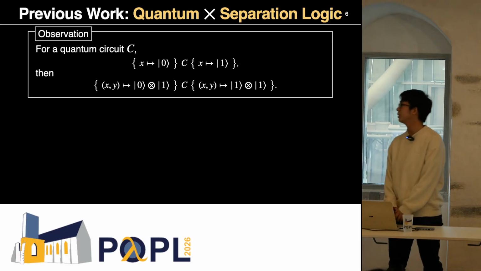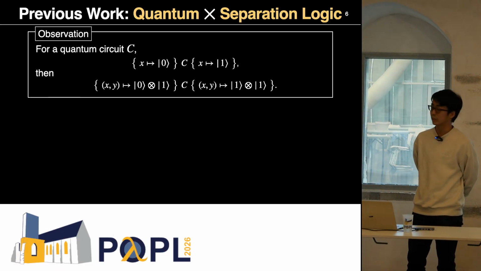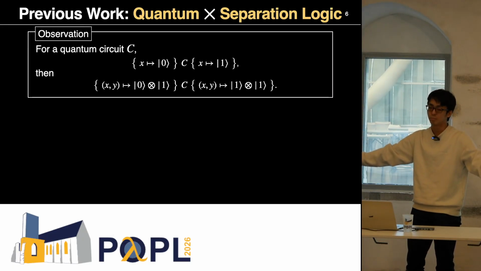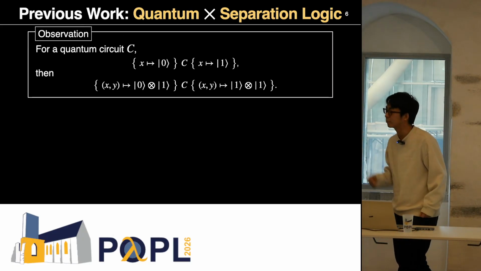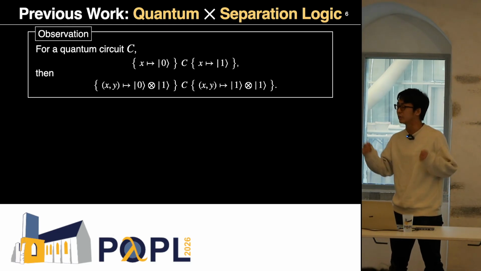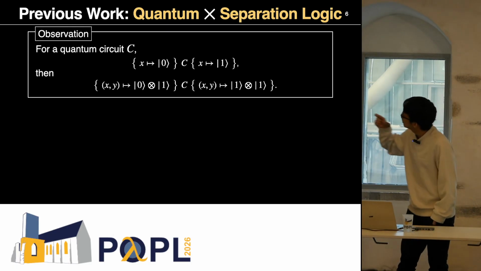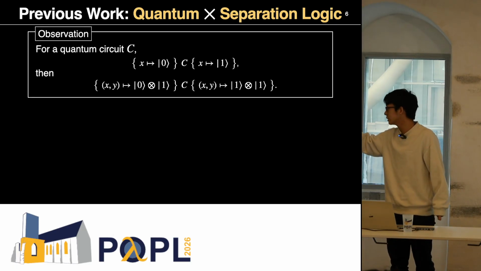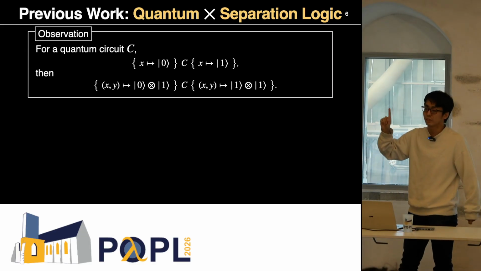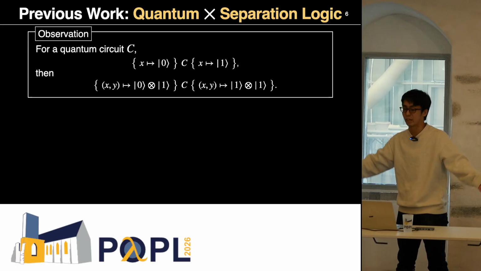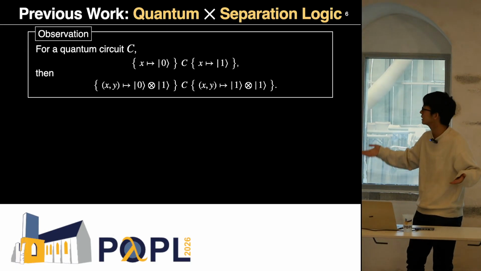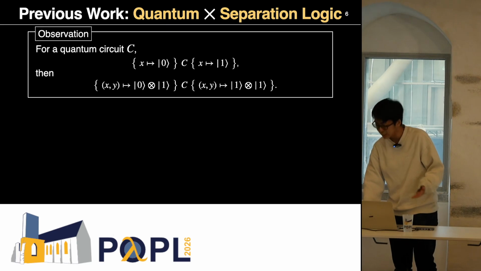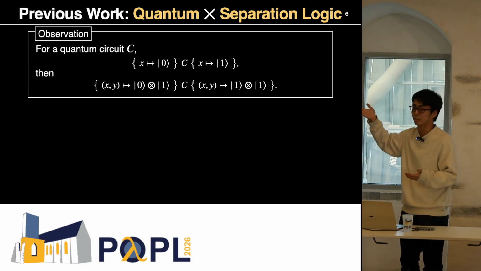The motivating observation to introduce separation logic is this. Let's say you're given a quantum circuit, which is possibly huge, and you manage to prove the first line. Then later you realize you also want the second line, which says you also have another qubit y, but it is disentangled. One way is to just do the proof again. But you don't actually have to, because this should follow automatically. That's the idea of introducing separation logic, and we want to represent this phenomenon logically.